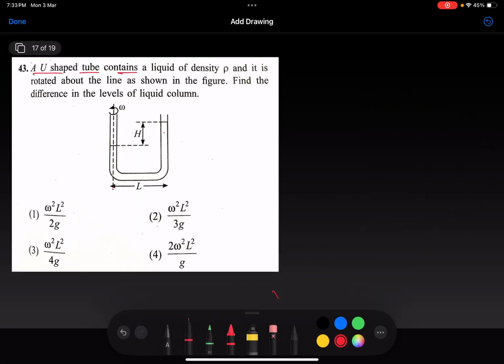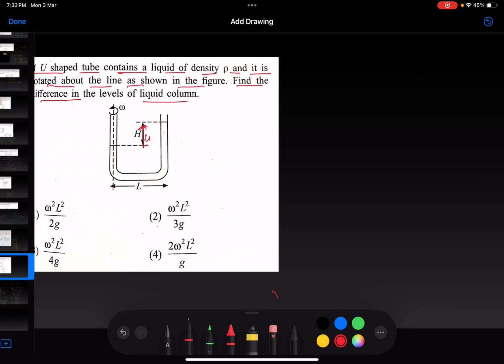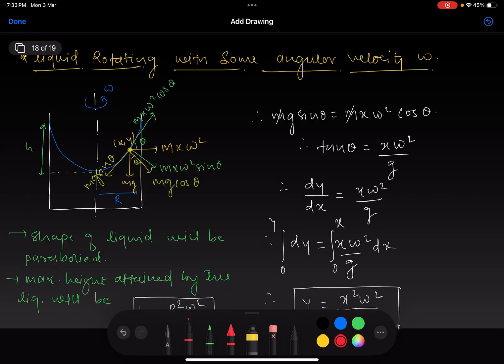A U-tube shaped tube contains a liquid of density rho and it is rotated about a line as shown in the figure. Find the difference in the level of the liquid column. So this H we have to find out. Now, before directly jumping to this question, we will see the concept behind this. The concept is